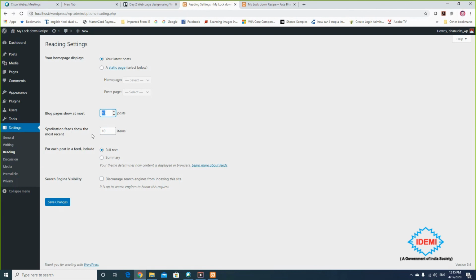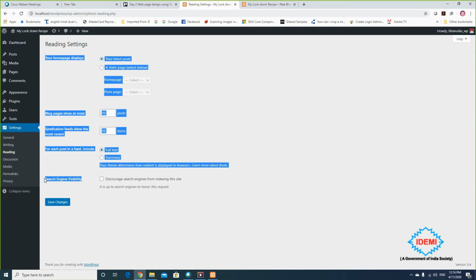The syndication feed shows the most recent items, so it's showing the 10 most recent. You can put 5 or 10, whatever you want to set, and people will see the information. For each post in the feed, include the full text or the summary. If you want to set only summary, then it will display only that.